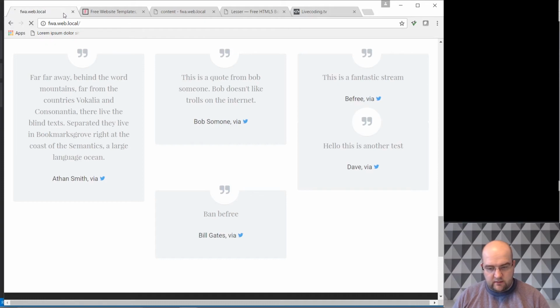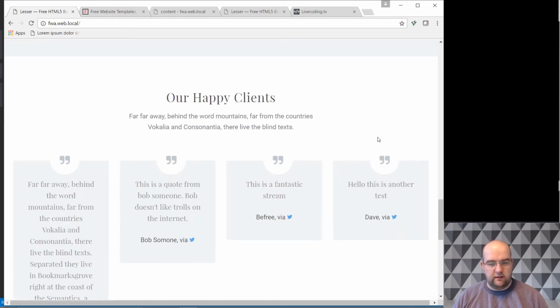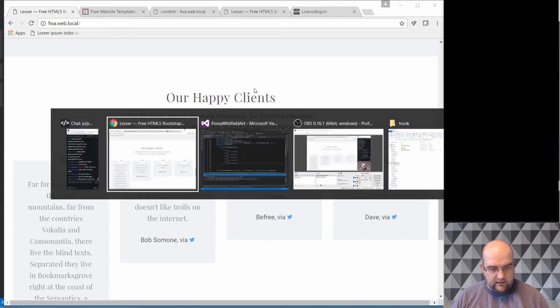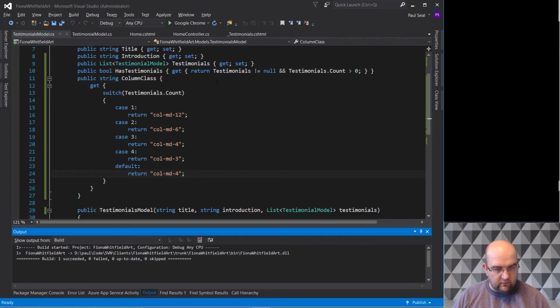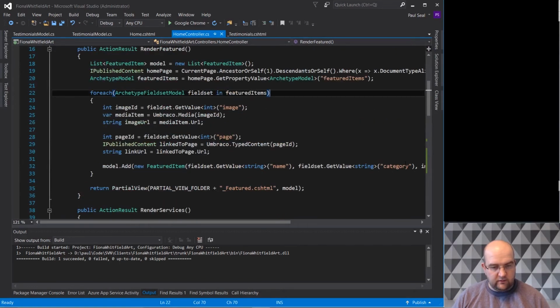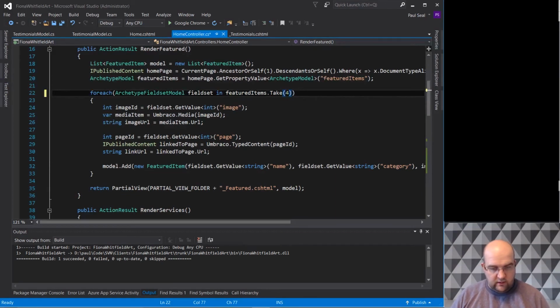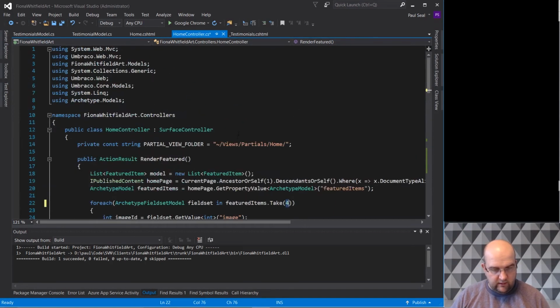Yeah, the problem here is that it doesn't look very good on the new row. I don't really like it on the new row. I just want to limit it. So what I'm going to do is, in my method, in my logic where I'm telling it to get these featured items, I'm just going to say take and then maximum of 4. And what I want to do here,